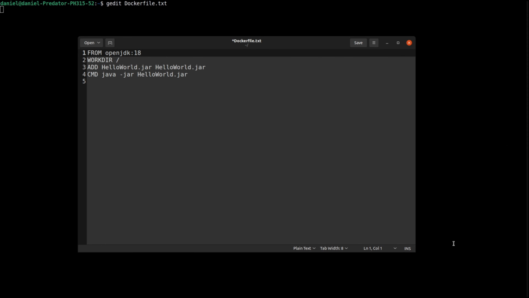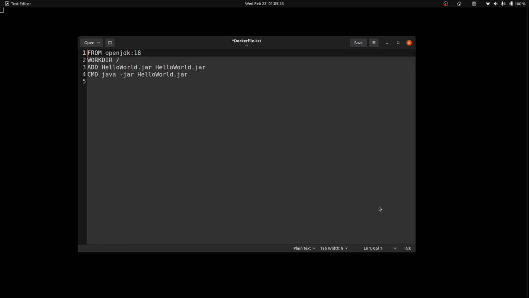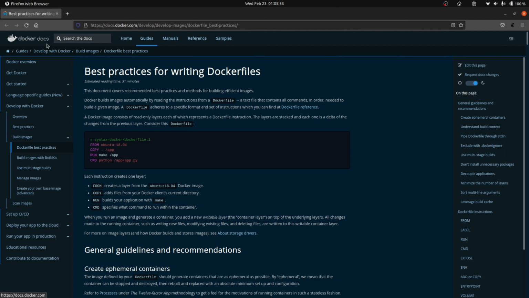You can read about the commands you can use here at the Dockerfile script in the documentation for Docker. So if you go to the documentation, develop with Docker, build images, Dockerfile best practices, you find this guide